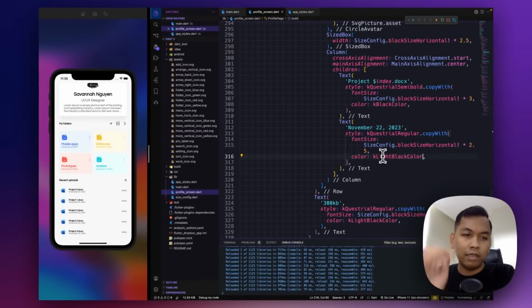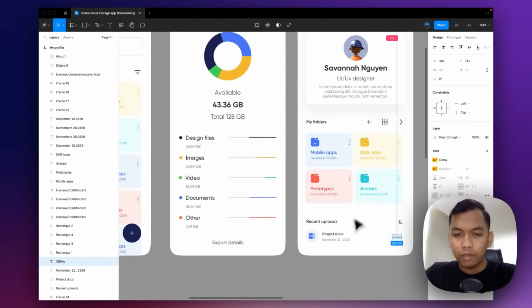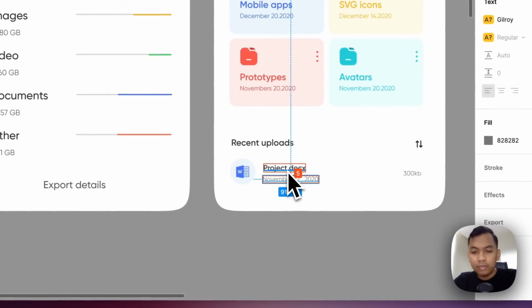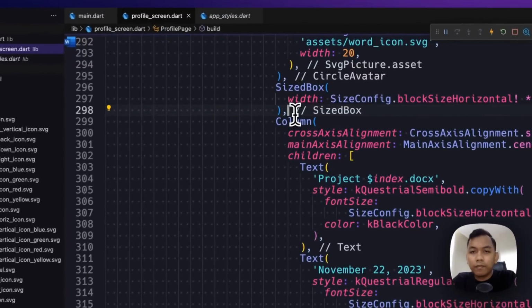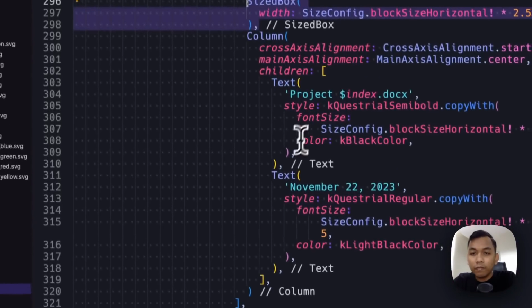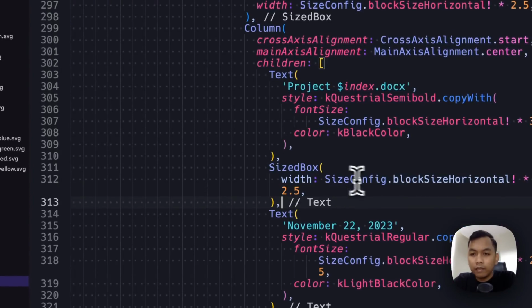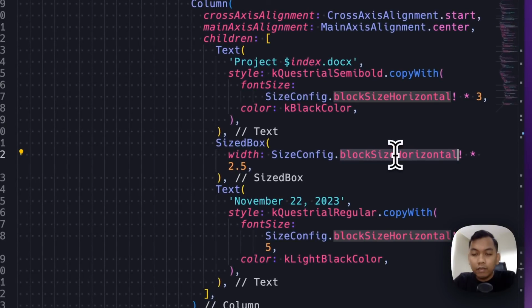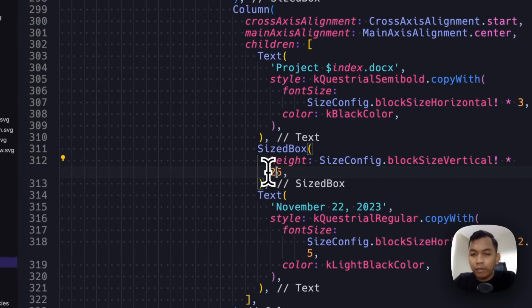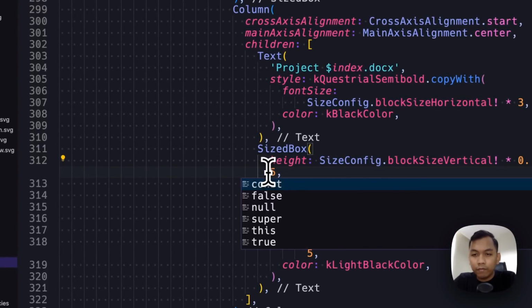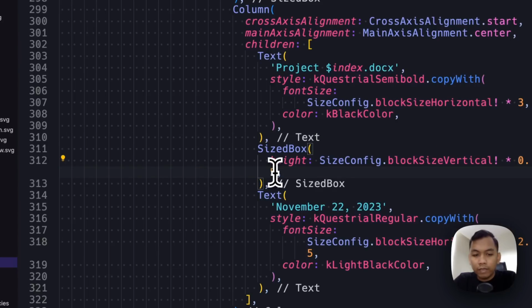Alright, I think this is better. And let's add a little size box here and set it to vertical. The value just maybe 0.5 or 0.3.